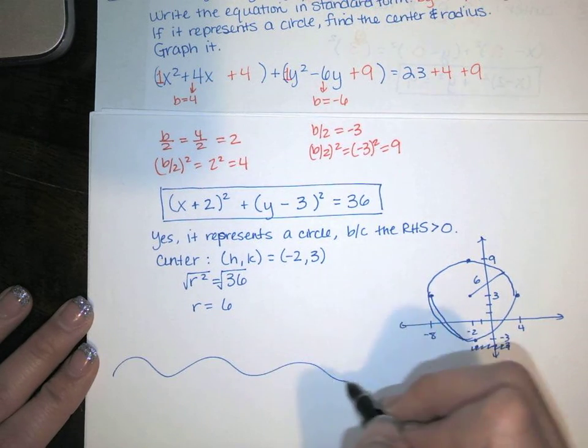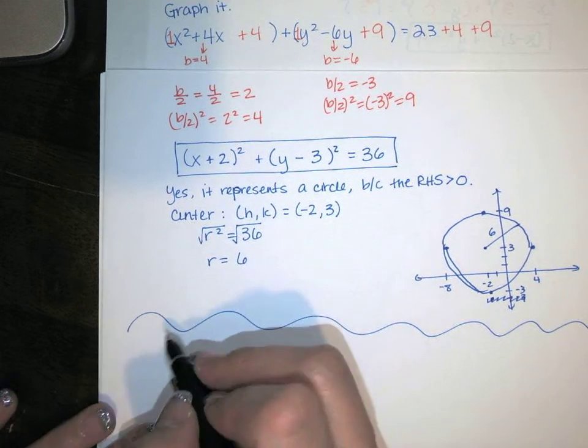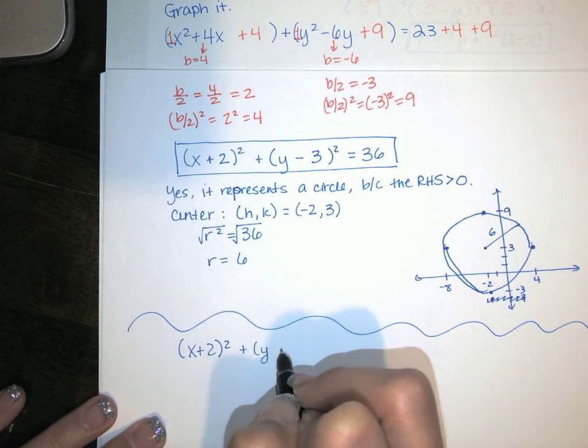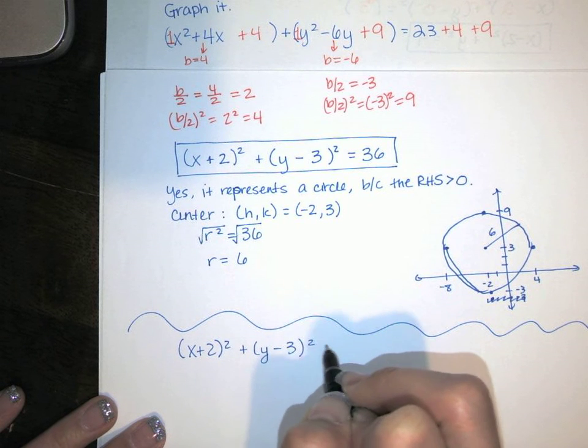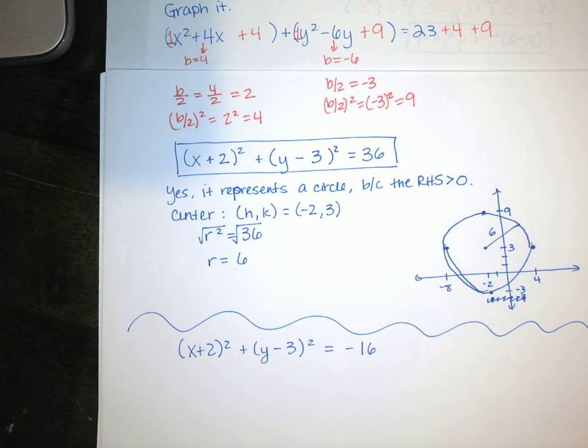Now let's think about what would happen if the right-hand side was negative or if the right-hand side was 0. Let's say it's the same left-hand side. Let's say it's negative. Let's say it's -16. You have to ask yourself, is there any x value or y value or xy pair that I can plug into this side that will give me a -16 when I'm done? You might say, well, how am I supposed to know? Well,